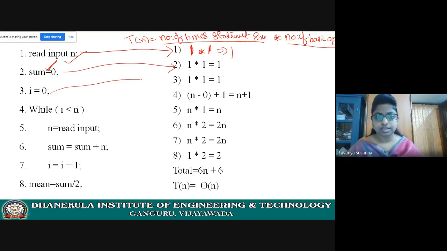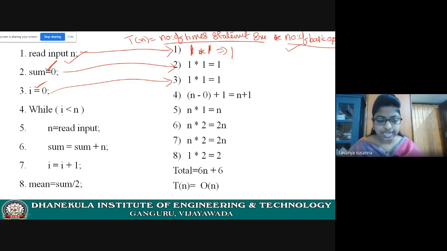Now, the third statement executes only once. So 1 into how many basic operations? Equal to is the only basic operation, so 1 into 1 equals 1.